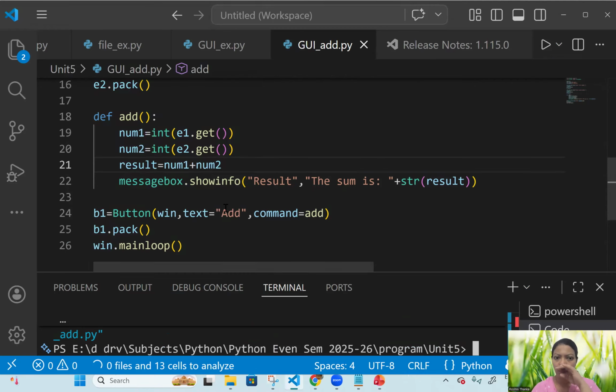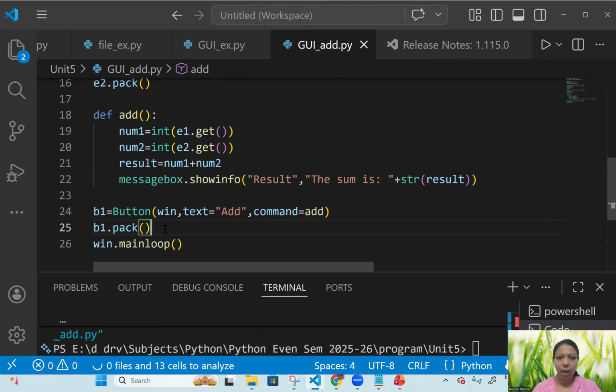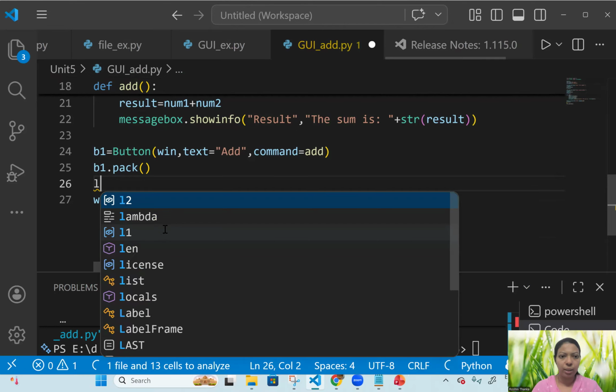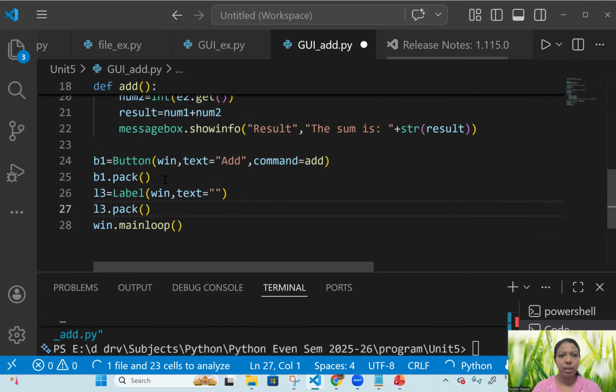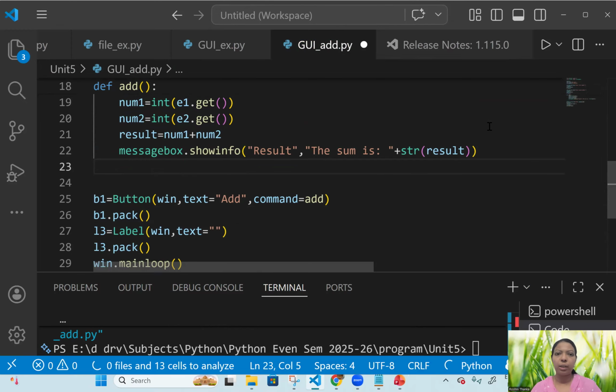Now I'll show you one more way. I'm going to have one more label widget here, so I can also display the result inside the label box as well. Initially the text on that is empty, so when you run it, nothing will be shown there. But after I click the button, I'll say